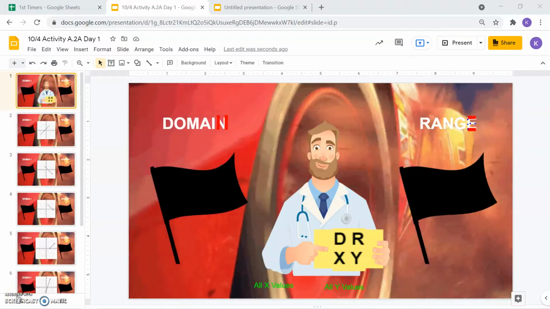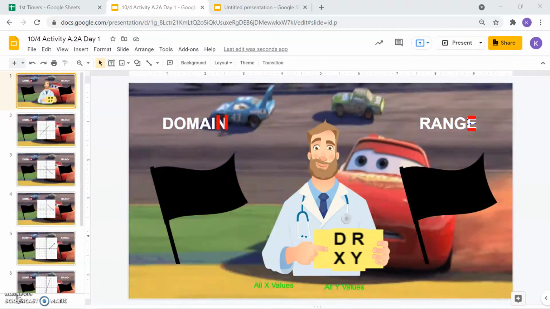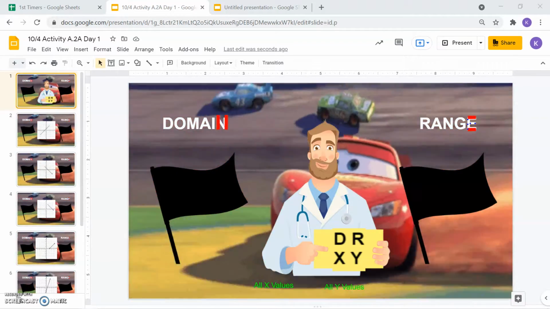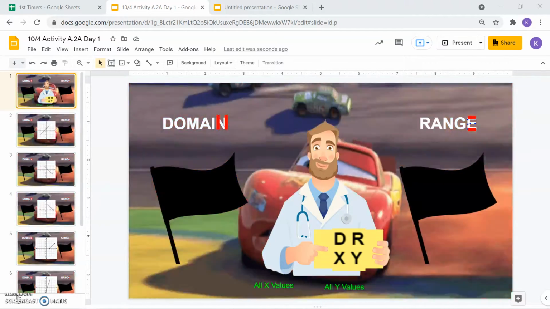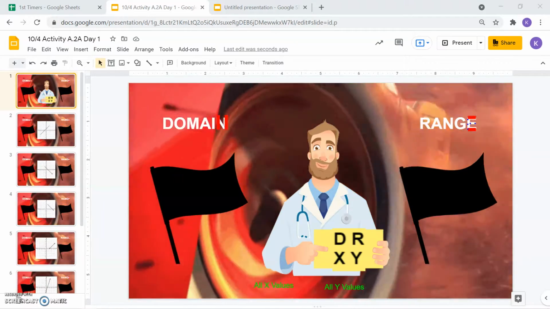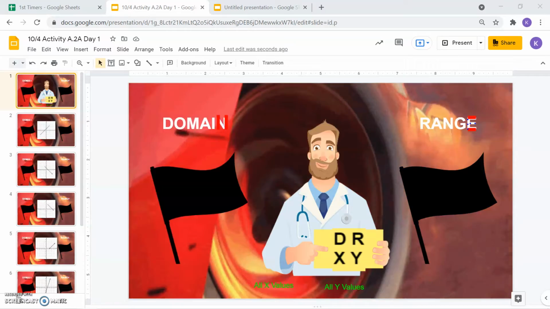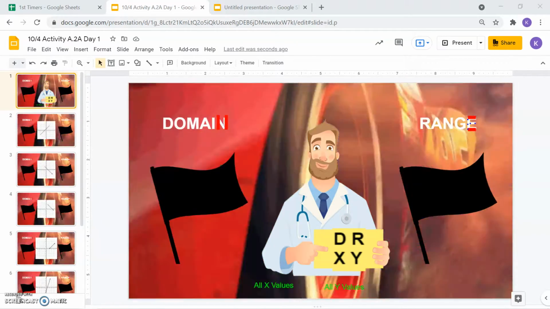We're going to start category 3, and the first topic for this category is finding the domain and range of a graph. So basically we're just finding the starting point from left to right and from up and down. I'm just thinking of the easiest way to remember these, because you will be asked 3 questions like this